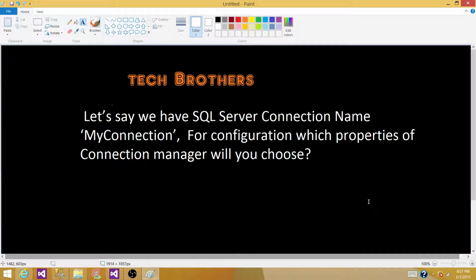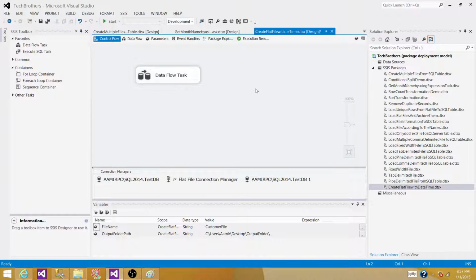Today the question we have: let's say we have a SQL Server connection named my connection. For configuration, which properties of the connection manager will you choose to save in the configuration table? This is a very important question. What they want to know from you is how good you are in configuration, and especially how you use the best practices. So let's go to SSDT or BIDS, whatever you have, and try this out and understand